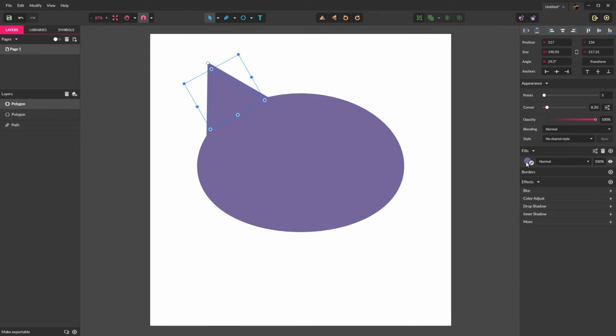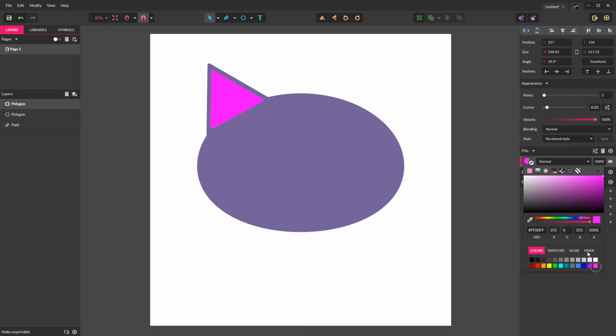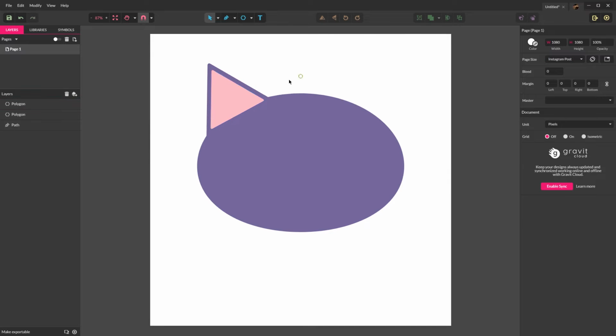We're going to take this shape and give it a pink fill. But again, you can go with any color that suits you. I'm going to do a purple and pink cat for my daughter. I'll go right about there somewhere. And you can see this takes a little while to get the color right. I'm going to input a couple settings for a pink that I happen to like, but you can use really any colors you want here. You don't have to use purple and pink. Now that that's done, I think